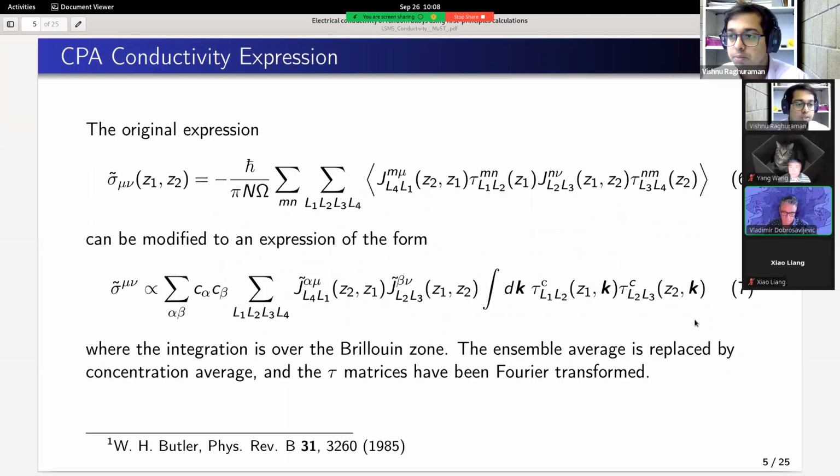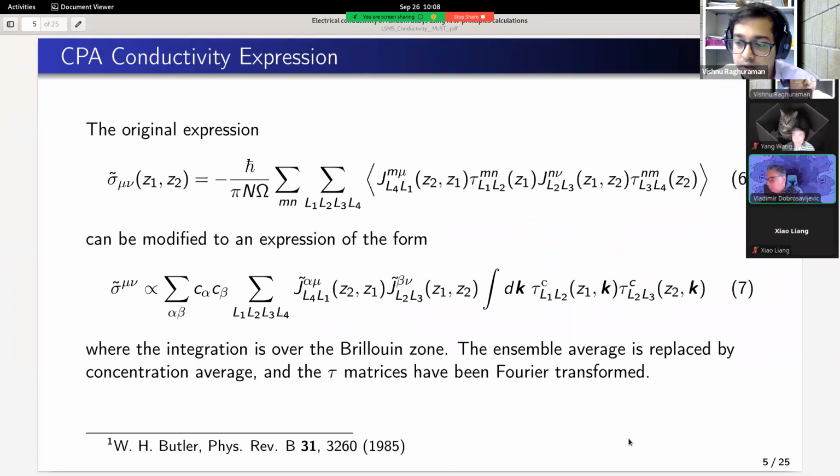So within CPA, you can modify. Basically, there is quite a bit of algebra given in this paper mentioned below by Bill Butler, and in that entire paper, he shows how you can go from this Kubo-Greenwood expression of tau to something that instead deals with concentrations. So the idea is to convert this sum into an integral, this product of tau integral over the Brillouin zone. So you would calculate the CPA medium, and you would calculate the tau matrix in the CPA medium,